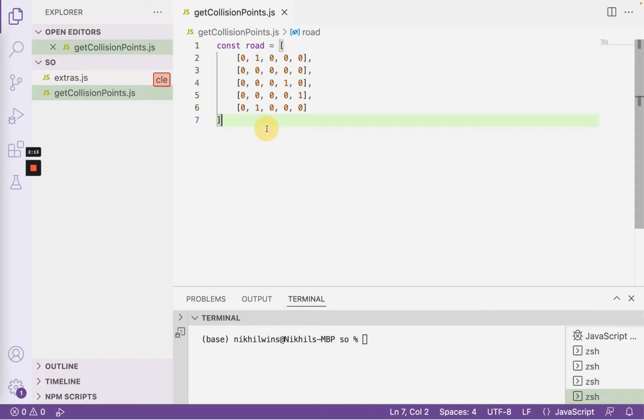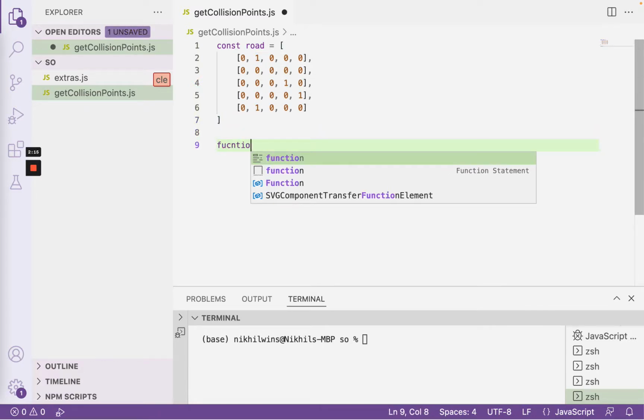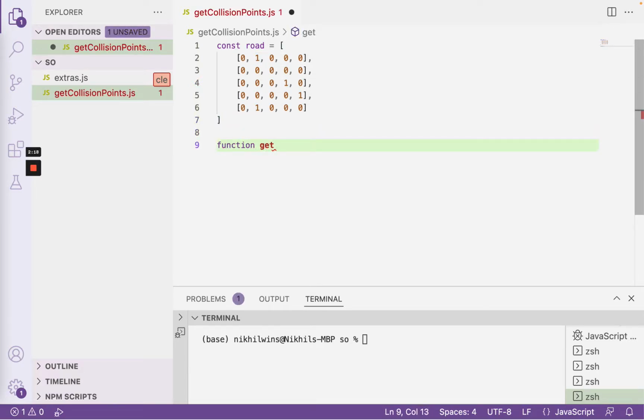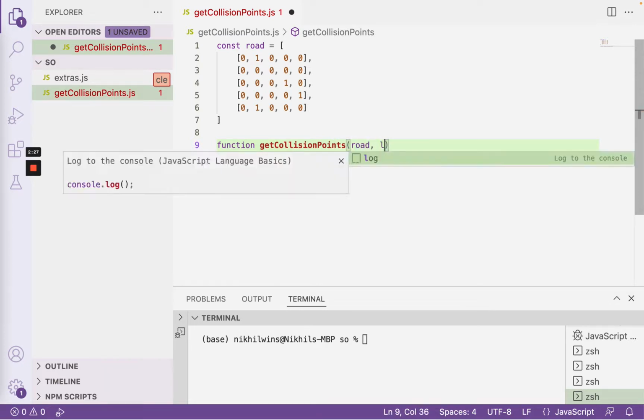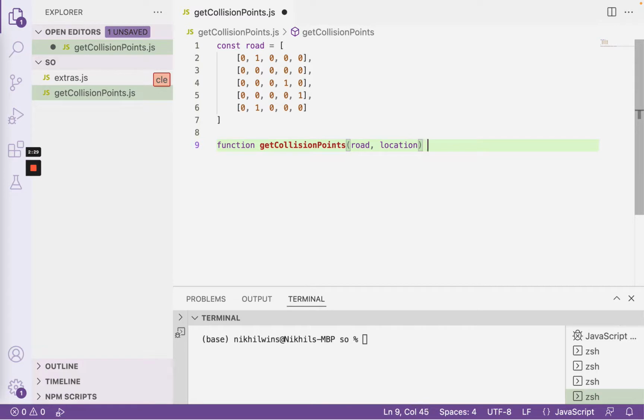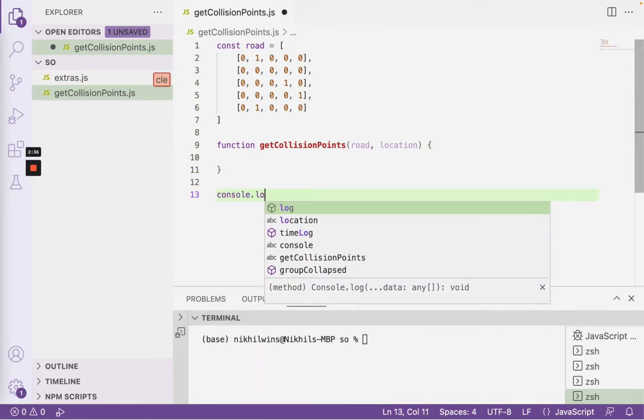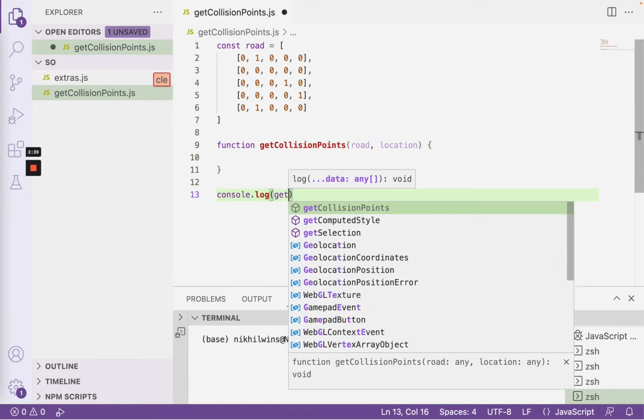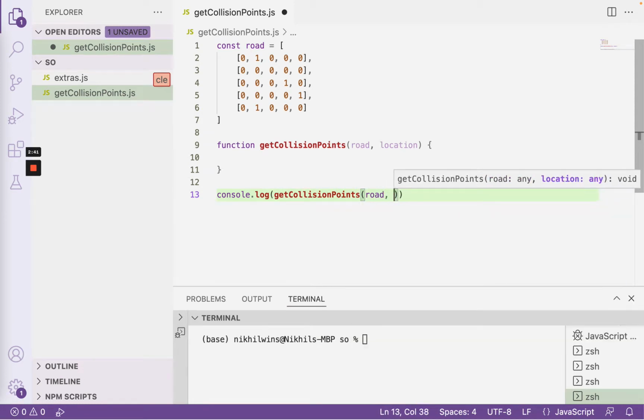So let's get started. I want to start by creating a function, and we're going to call it getCollisionPoints. So these are all the collision points given a road and a location of a car. This right here is my function. Now I want to develop this in a methodical manner. So what I'll do is I will right away do a console.log. I will invoke my function. I will pass in the road, and let's say I pass in a row-column pair denoting the location of